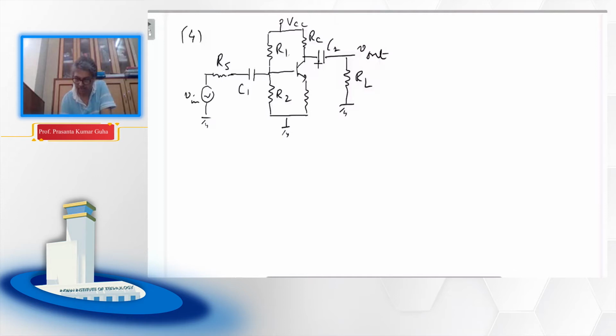which is isolated by a capacitor C2 from the biasing circuit, and we have a source resistance which is associated with your Vin, and of course isolated this source with a capacitor C1 from this biasing circuit. So this is a more generalized situation, and if this is the case, of course you can again